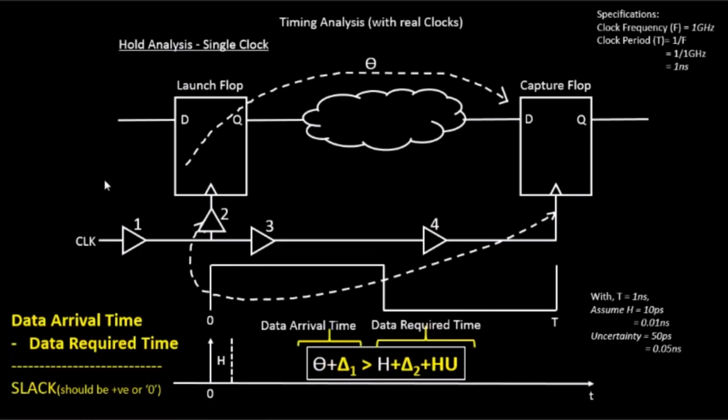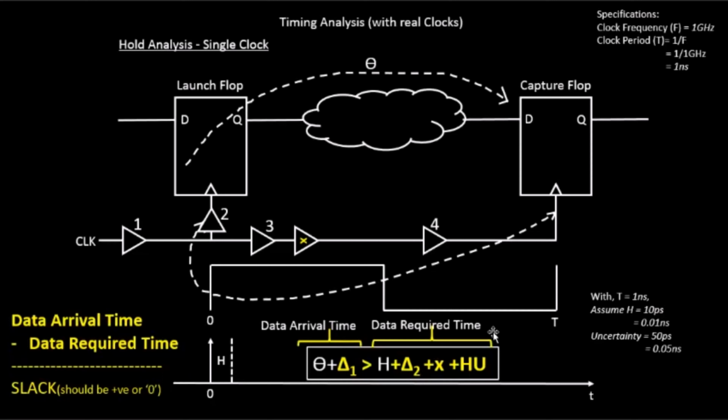Okay, next what we have is we will try to add buffers in the capture clock path and see what happens. So once you add a buffer over here with delay X, you see at the right hand side your data required time is actually increasing. If your data required time is actually increasing, already you had an amount of pessimism which is present over here. On top of that, we are making the data required time requirement more stringent, saying that the data arrival time which was supposed to be greater than hold time plus the hold uncertainty, now it has to be greater than hold plus hold uncertainty plus an extra amount of delay.